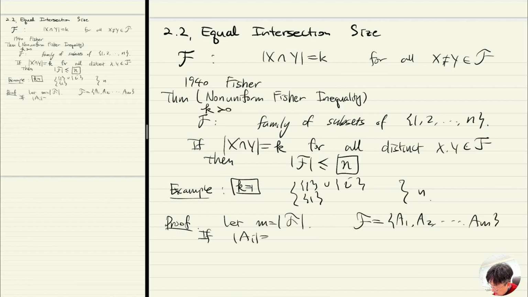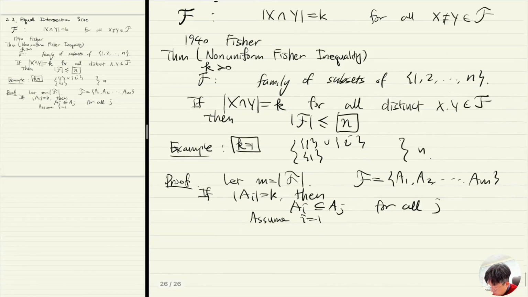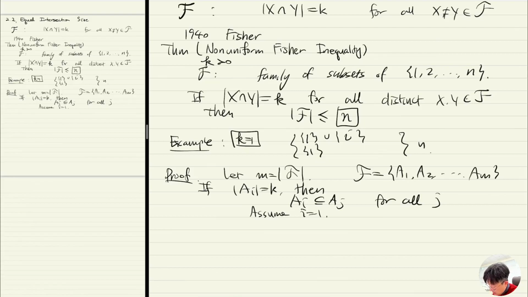If A_i has size k, then this is actually a trivial case. Then A_i is a subset of A_j for all j. So assume i is 1, why not? By symmetry, we can assume that, then A2 minus A1, A3 minus A1, up to Am minus A1 is a partition